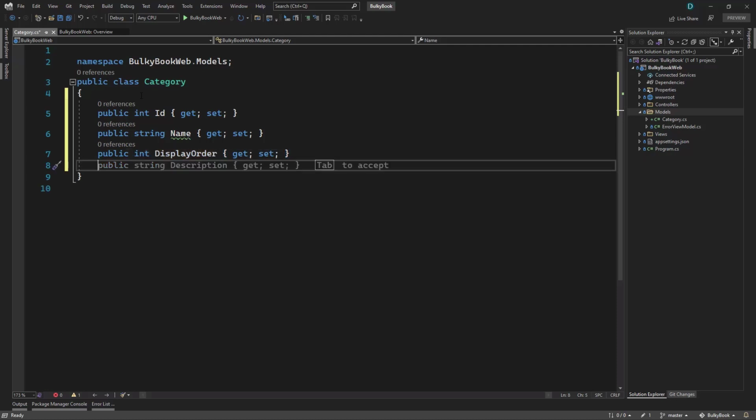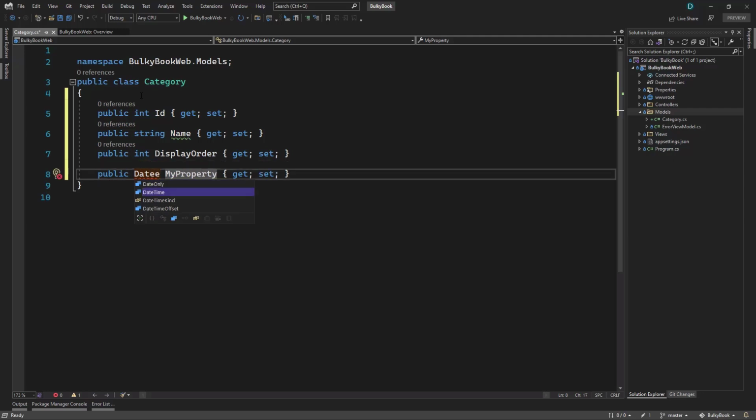On top of that, let's say for logging purposes, we want to create a DateTime property which will have the date on when this category was created. So we will call this CreatedDateTime. Now for the CreatedDateTime, let's say we want to set a default value. In order to do that, we can use the equal to sign and assign DateTime.Now like this. That way the default value will automatically be assigned to CreatedDateTime when we create an object of this class. So perfect, we have created our model